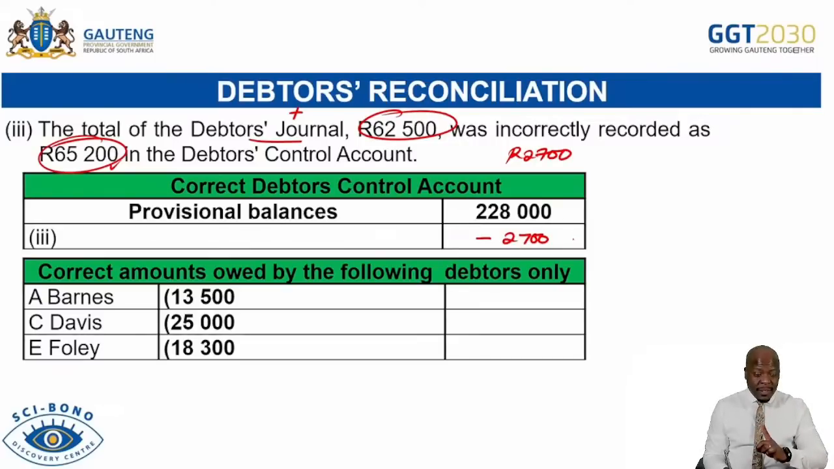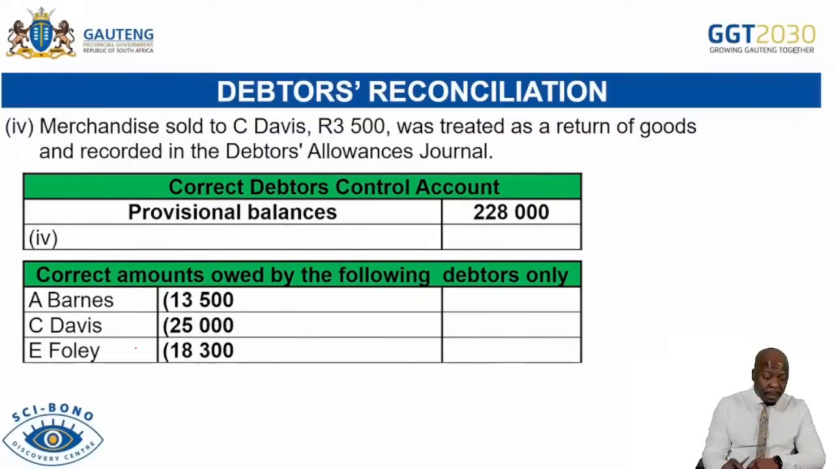The next question is, does it affect Barnes? No. Does it affect C. Davis? No. Does it affect E. Foley? No. That means it will not come to the debtors control. Let's move on to number 4. It reads,